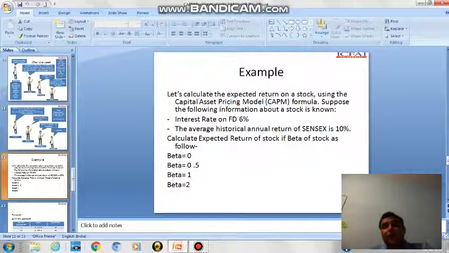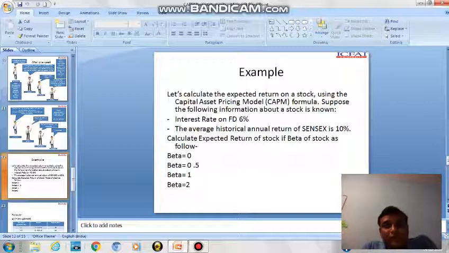Let's see one example for understanding all the things which are shared through a story. One example is mentioned in the video. Let's calculate the expected return on a stock. There is some information: the risk-free rate is 6%. Market return, Sensex return, is 10%. You have to calculate the stock's expected return at the